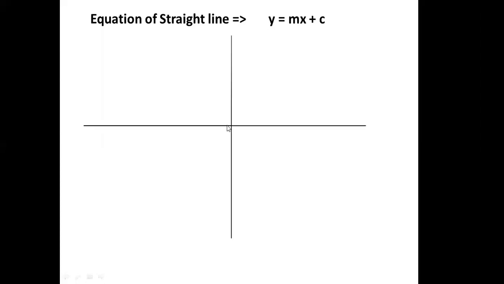So how do we draw this straight line? We are dividing this straight line into 3 parts. First, this is the xy plane. This is your center, the origin, the point 0, 0. Then next, we draw another straight line from that origin. What is the equation of this one?